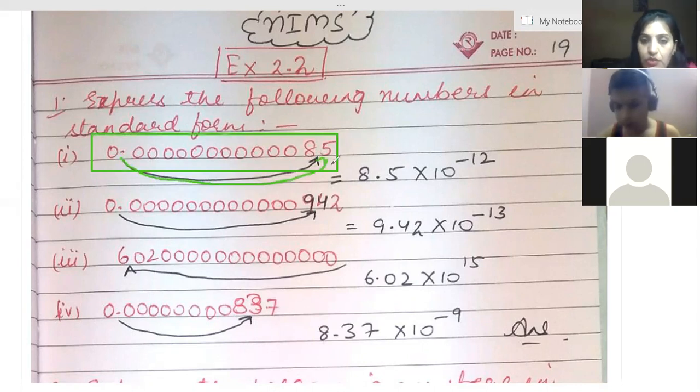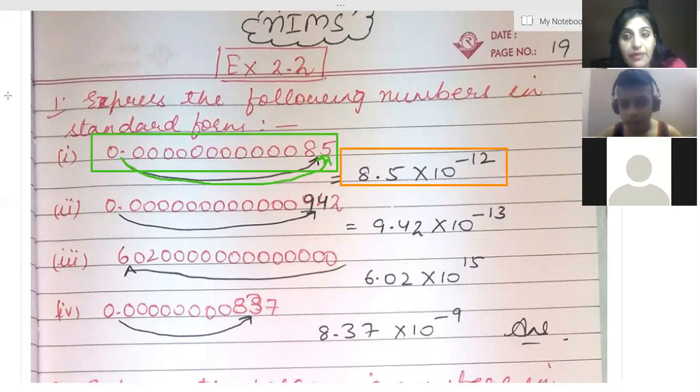Just count how many places you have to jump. So we are jumping 12 places. Since the decimal is moving and the numbers are written after the decimal, the power will be negative, so it will be 8.5 into 10 to the power -12। Next beta,